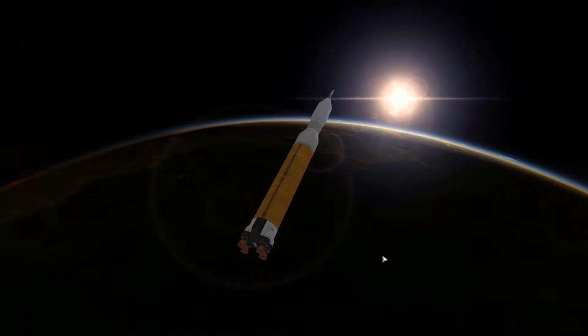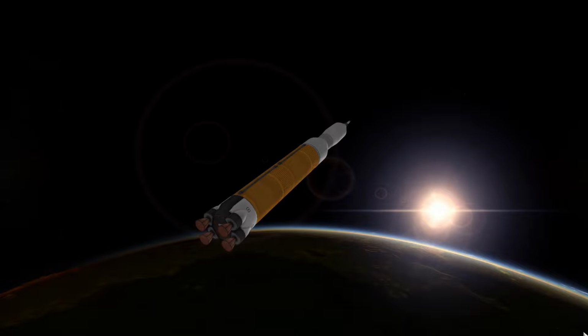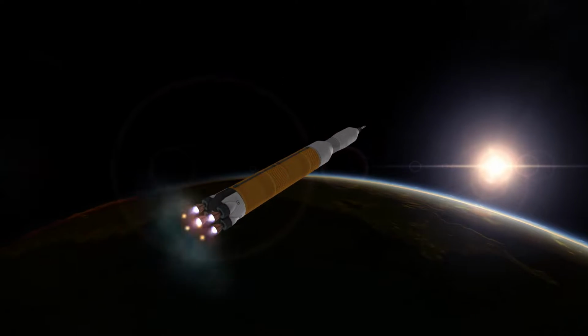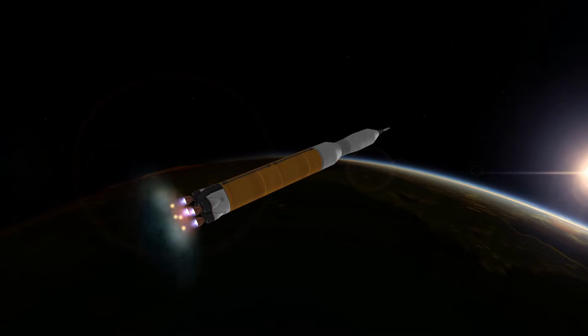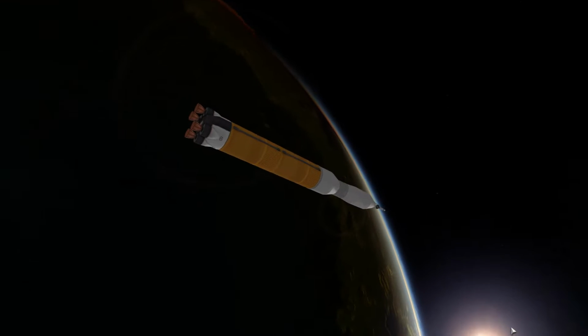There are some liberties here and there to make it more Kerbal-y, but I'll talk about them whenever they appear on screen. So right now we are doing exactly like the SLS, doing pretty much the entire ascent into orbit with the core stage. The only small little thing there is the core stage is,